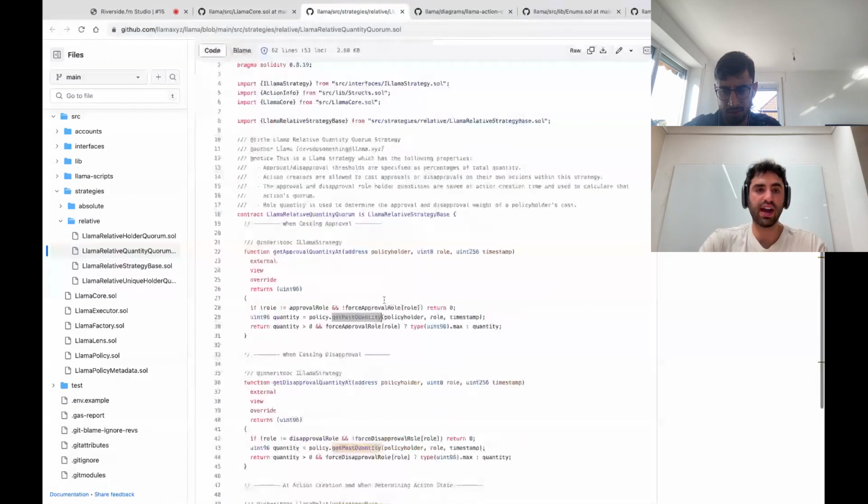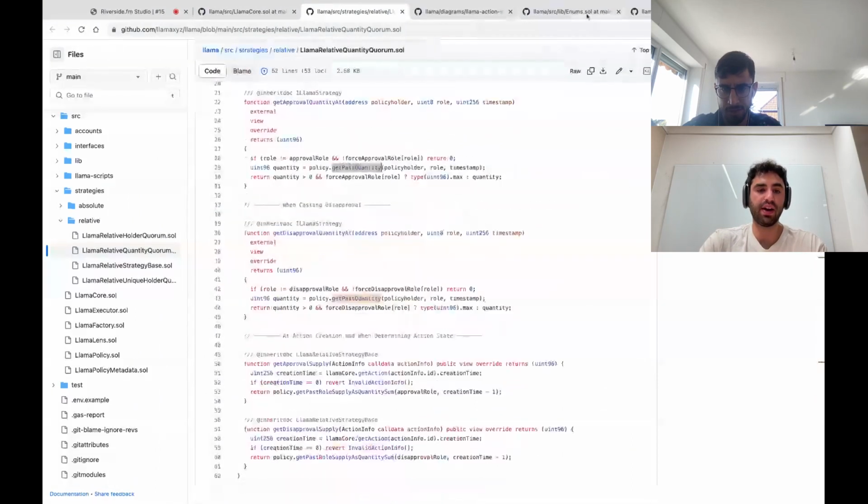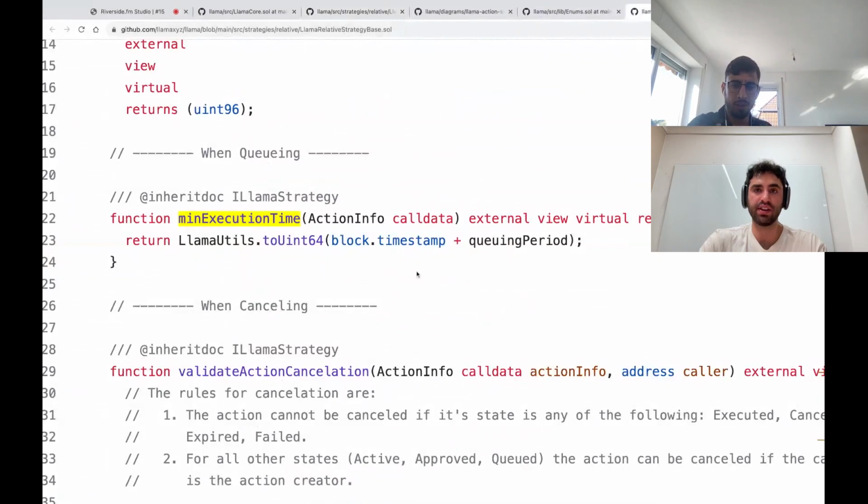And so if we look at how it's implemented, we can see these functions that the strategy exposes are meant to only be called by the Llama core. And so the Llama core only calls this function when the action's being queued. So that's the block.timestamp of the action being queued.